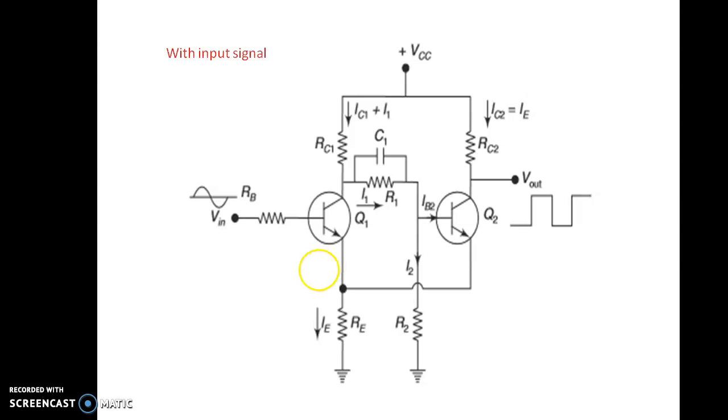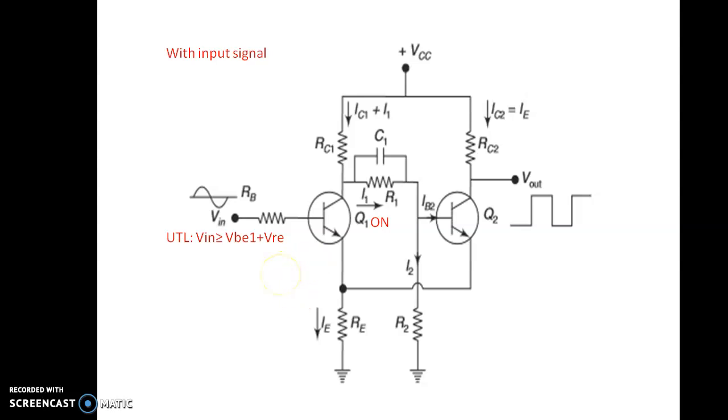When the input voltage increases above 0, nothing will happen till it crosses the upper trigger level. Upper trigger level means when the input voltage Vin is greater than VBE1 plus VRE. As the input voltage increases above this level, UTL, the transistor Q1 is on. The point at which Q1 starts conducting is known as the upper trigger point.